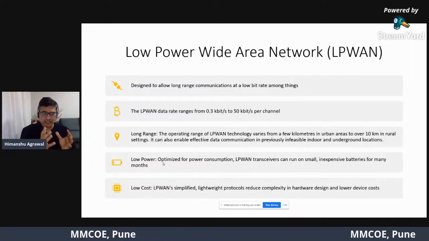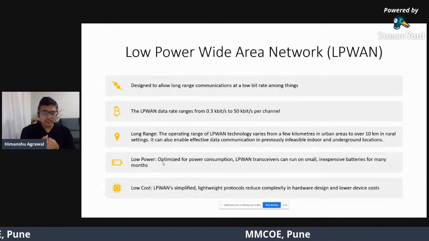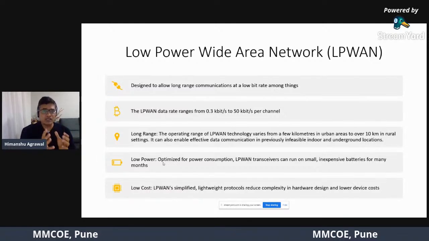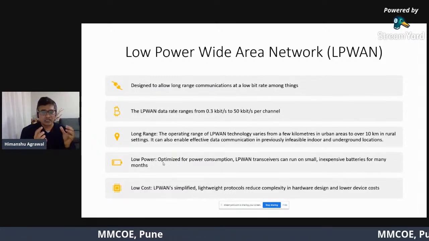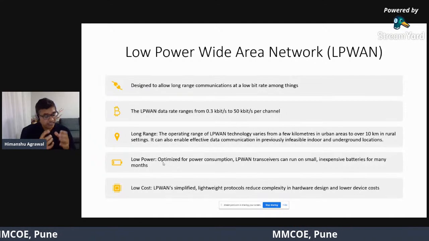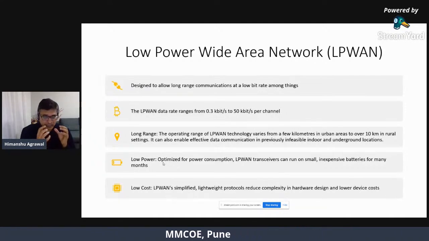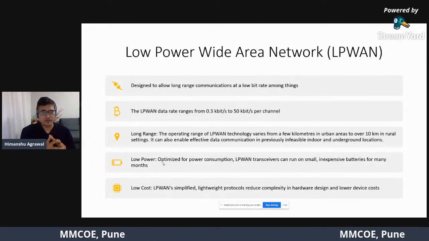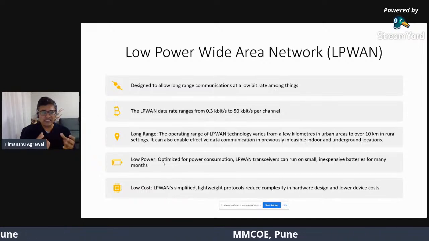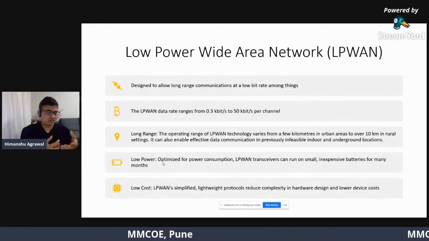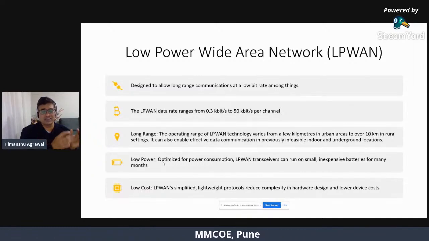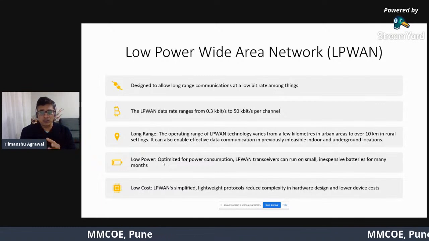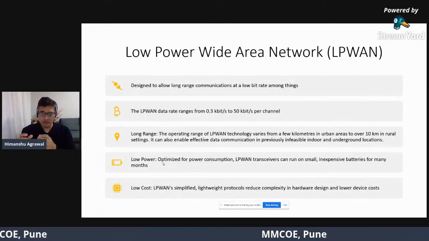And low power, that is the most important part, as we have seen that the prime requirement with any IoT sensor device is that any protocol should consume the least amount of power, right? So when we say a sensor node, as we have seen in the first slide, a sensor node comprises a sensor with an Arduino board, and then you have a communication module.